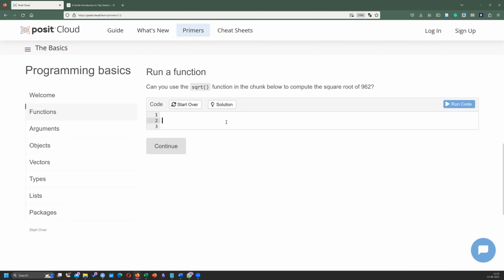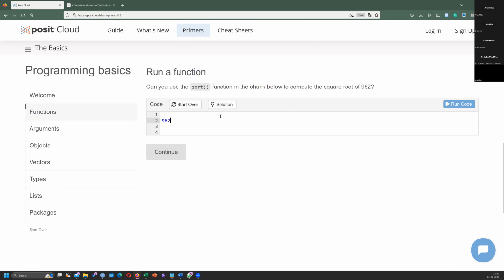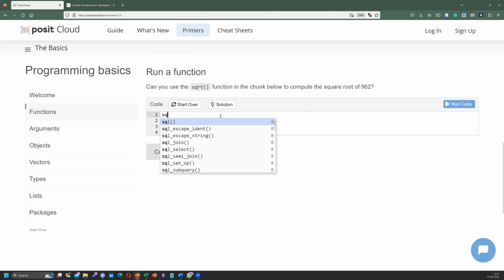Okay. We can use it, right? Can you use the square root function in the chunk below and compute the square root of this? So basically, there are two ways of doing this. SQRT, and then we can give this.